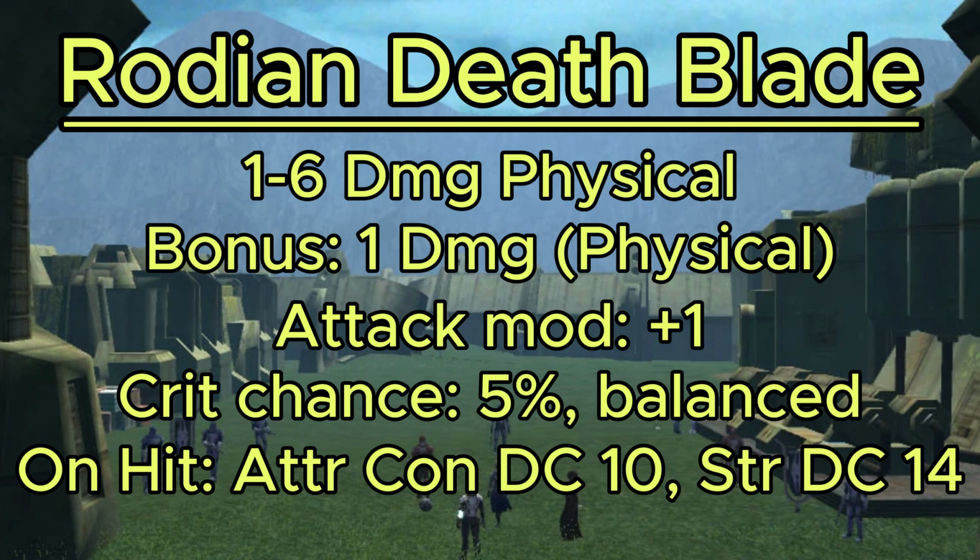Knocking down some Constitution and Strength points would allow you to dodge more melee attacks from these enemies, as well as succeed on much more physical based attacks that cause the enemy to make saving throws